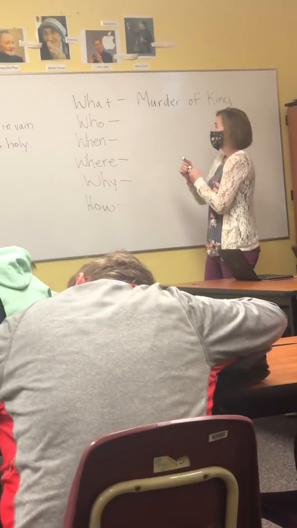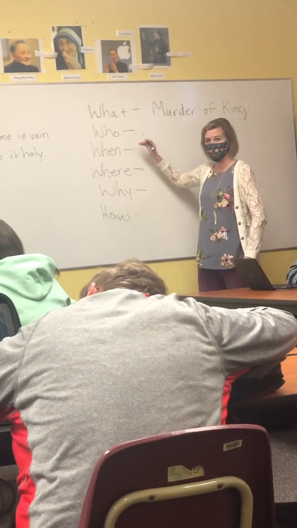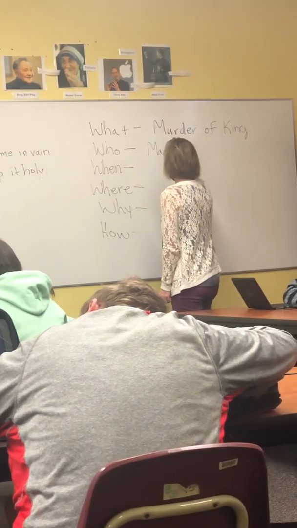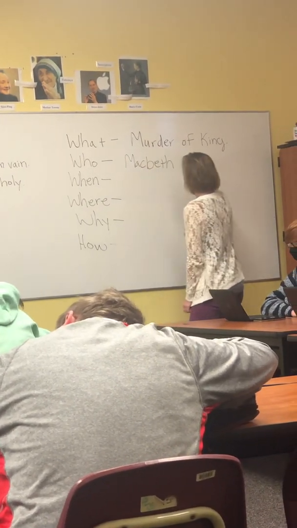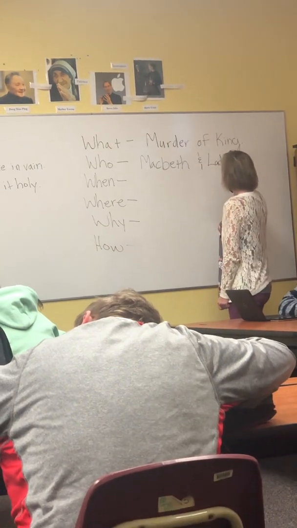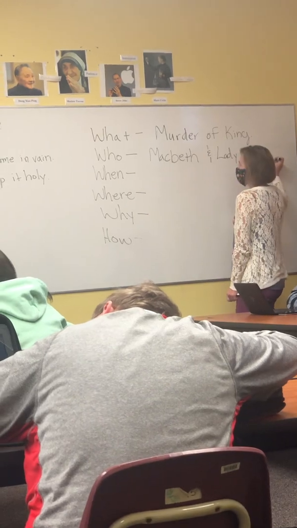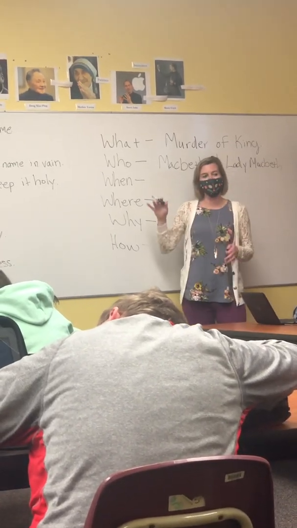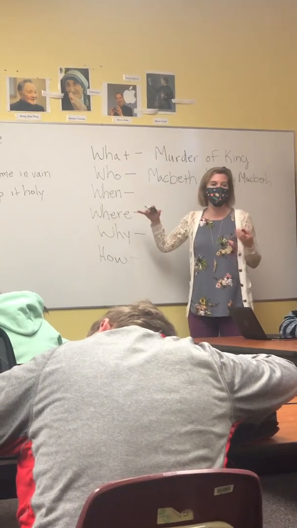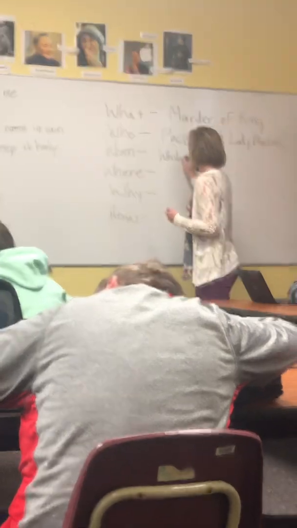So then we focus on who did this. Who murdered the king? Okay, Macbeth. And then who was his accomplice? All right, so your article should elaborate a little bit on how Macbeth was manipulated by his wife. So when did it happen? What time of day? Night. Okay, so while he was sleeping,